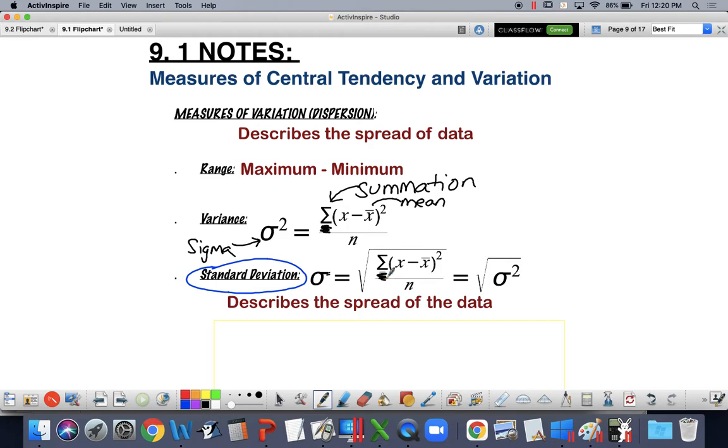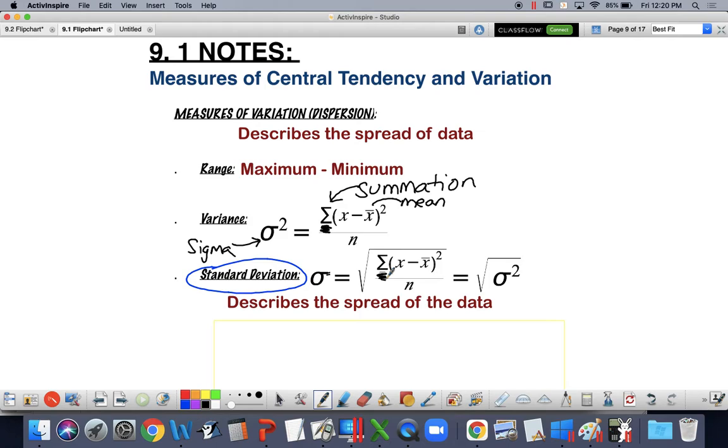So don't get overwhelmed by this formula, right? We're in Algebra 2, so unfortunately what we're doing is some of the more advanced stuff, some of these big symbols that we haven't seen before. Like I said, we're going to do one example together to make sure we know how we're really calculating the spread, and then I won't make you do it. I'll let you use your calculator going forward.